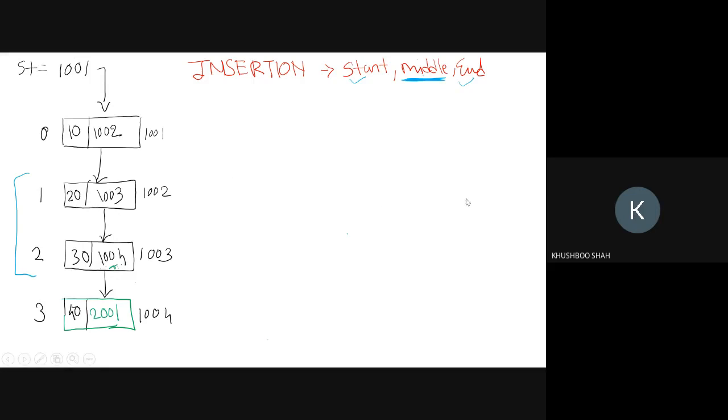So the same thing: you need to ask the user for the location where they want to insert the node. Here we are not going to allow 1, and 4 is not allowed since the length of the linked list is 4. So only 2 and 3, these two locations, are free, right? Where you can ask the user.